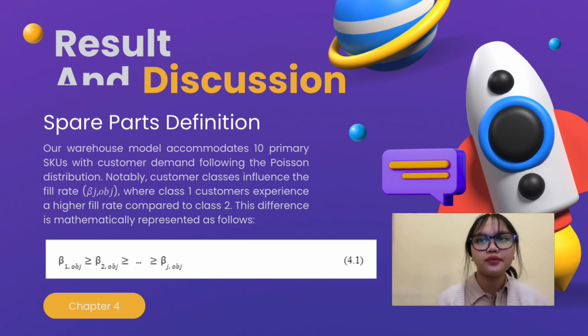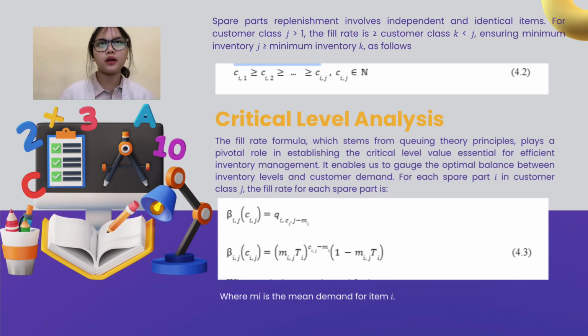This difference is mathematically represented as follows, as you can see in 4.1. And spare parts replenishment involves independent and identical items for customer class G greater than one, and the fill rate is greater than or equal to that of customer class K less than G. So ensuring minimum inventory G is greater than or equal to minimum inventory K, as follows, as you can see in the picture